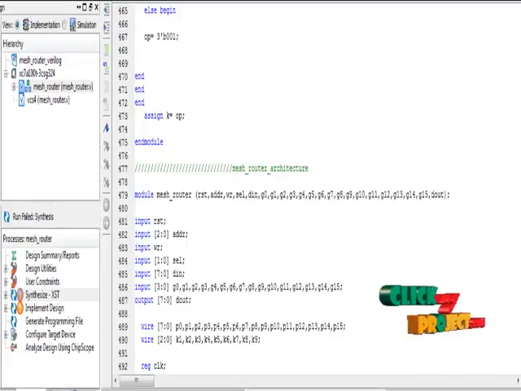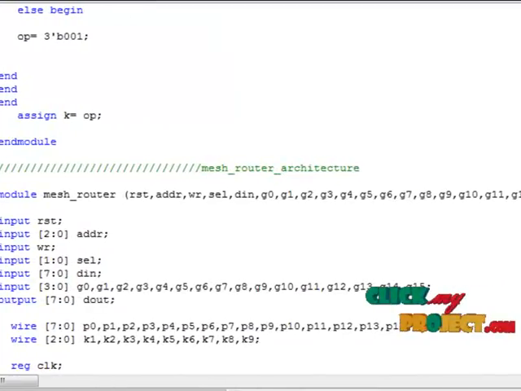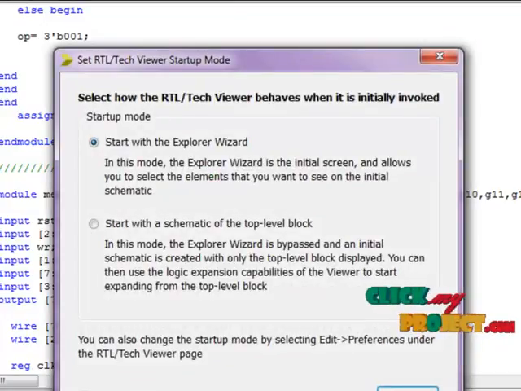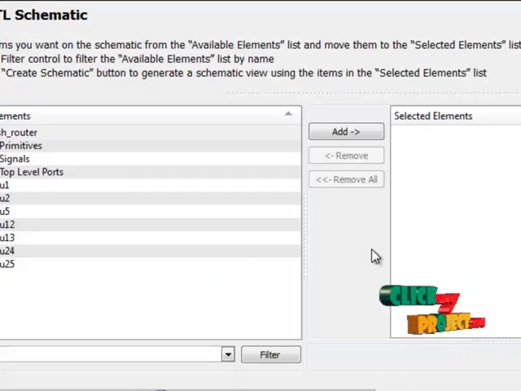Now we are going to see the implementation result of this process. For that, first we have to click this implementation, then run the synthesis existing. Then the synthesis existing will be successfully run. Then click this plus mark, then run this RTL schematic and give OK and add